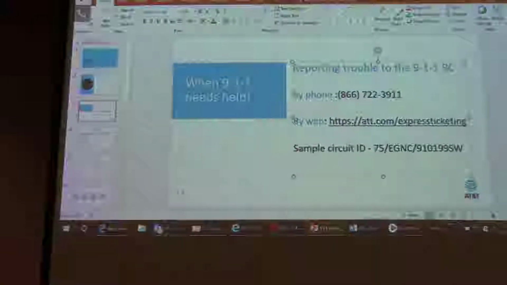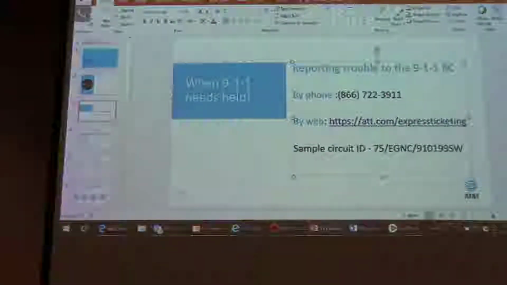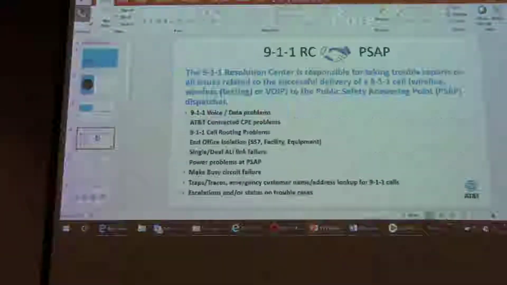The Res Center is your first point of contact for anything. They are your triage. So when you get back to your shop, take a look and make sure you can find that pseudo circuit. The reason I call it a pseudo circuit is because it's not a functioning circuit. It's just a nomenclature for you to be able to report it. Moving on to the next screen.